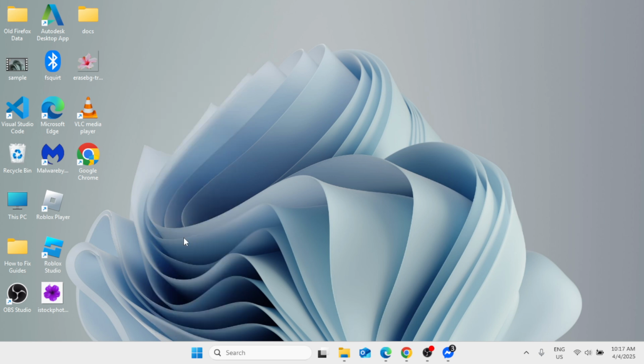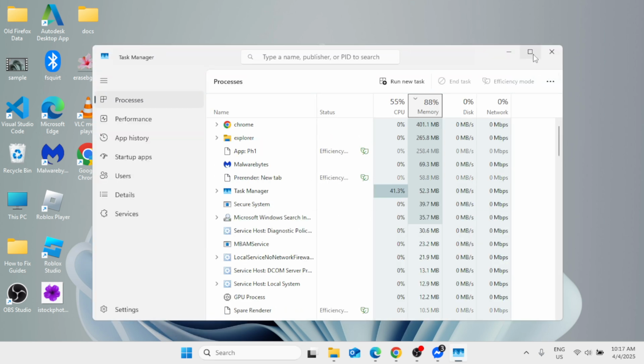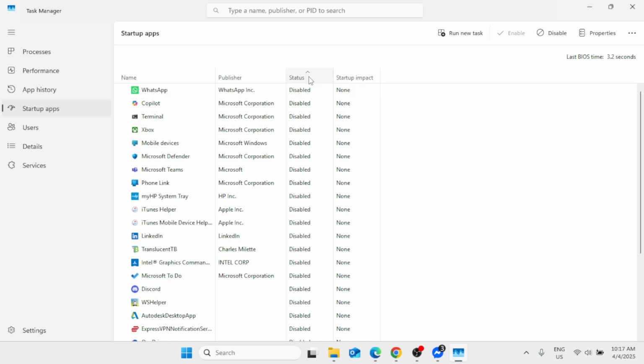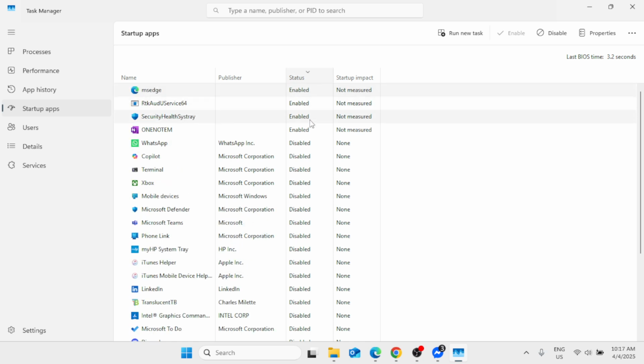select Task Manager in the list of options. Now maximize this. Now here in the list of options on the left pane, you have to select Startup Apps. Now you will know what are the startup programs enabled on your Windows. And what you can do is disable the unnecessary startup programs that should not come along with your Windows. Startup programs are the programs that automatically start whenever you sign into your Windows if these are enabled. So right-click and then select disable for all the unnecessary startup programs